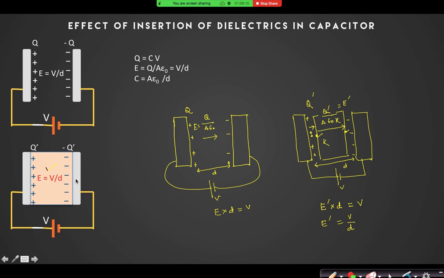This was a question in JEE Advanced multi-correct option, and students say that sir, I have not marked it. It is definitely a bit confusing. On first observation it seems obvious that the electric field will change, but if you look deeper, the electric field has to be the same because the distance between the plates is the same, and the voltage remains the same. If you use the electric field definition V by D, you can see V and D in both cases are the same. So basically the electric field is not changing. What is changing? The charge appearing on the metal plate will change.